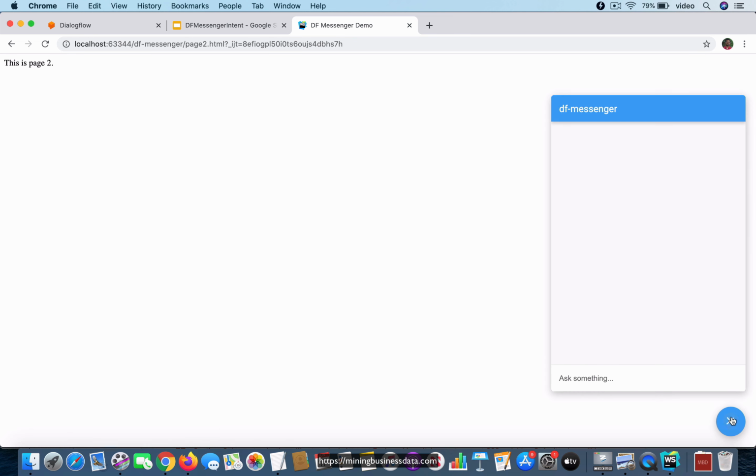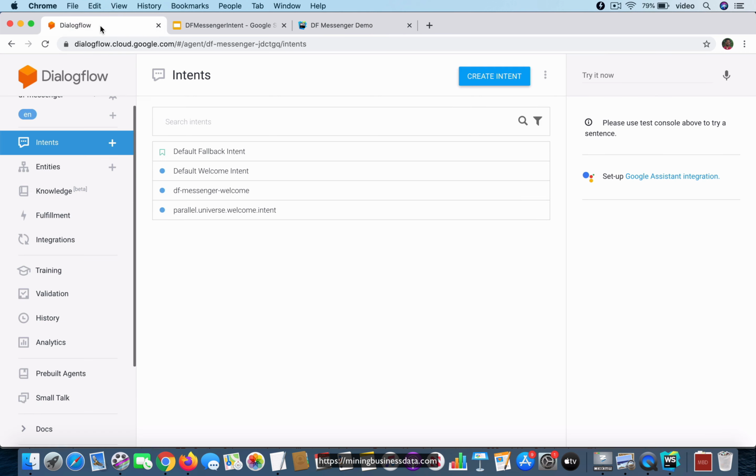Now you can see that this is page 2, and I'm going to say "with session ID from page 2." All right. So again, it's going to trigger the fallback intent. Nothing special there. Till now, what we've seen is not anything that would be surprising. But because I use the same session ID on both these pages, if you were to go to Dialogflow's console,